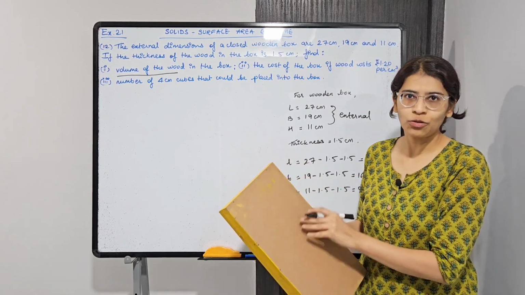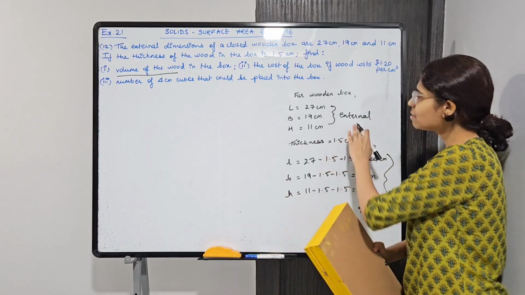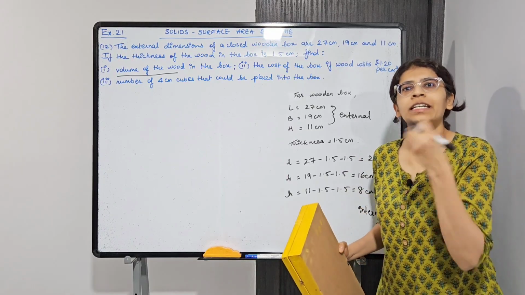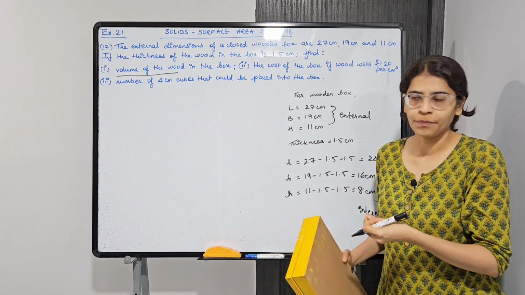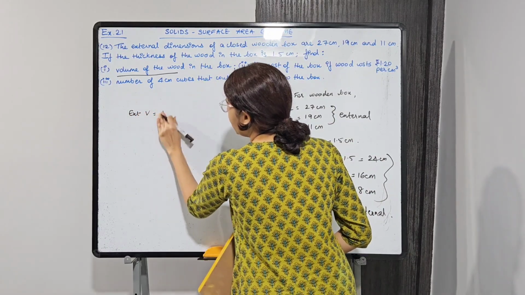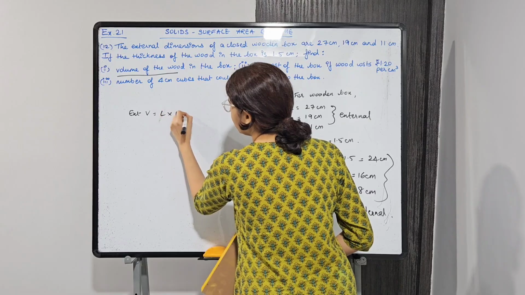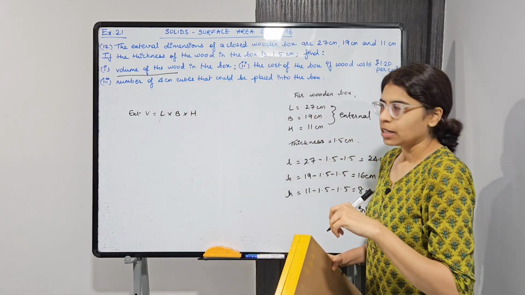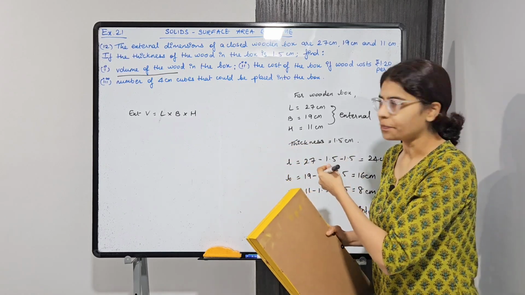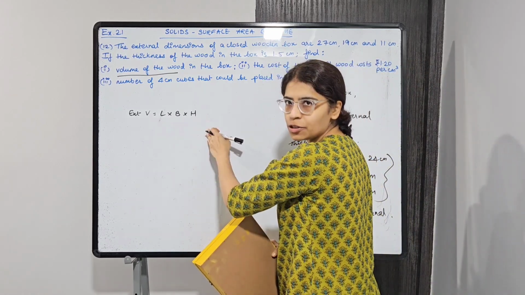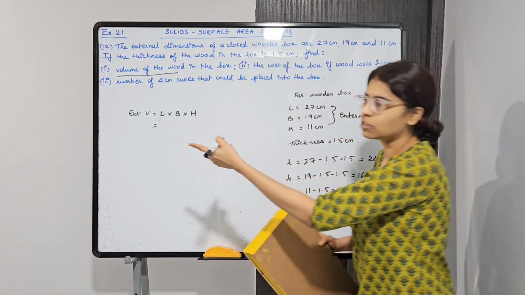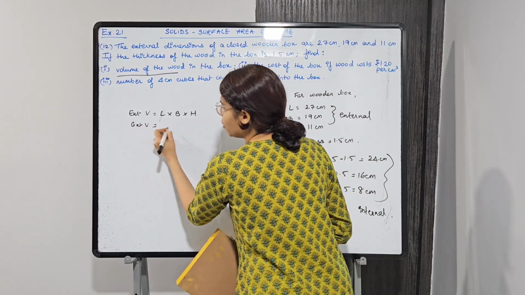It is very easy to find out. We know the external dimensions, we know the internal dimensions, so we can easily find the external volume and internal volume. What will be the external volume of the box? Capital L into capital B into capital H, right? This is a cuboid, and the volume of a cuboid is length into breadth into height. So we know the values of length, breadth and height, and we can easily put them in and find the external volume.